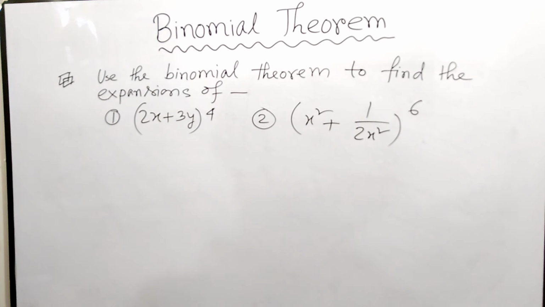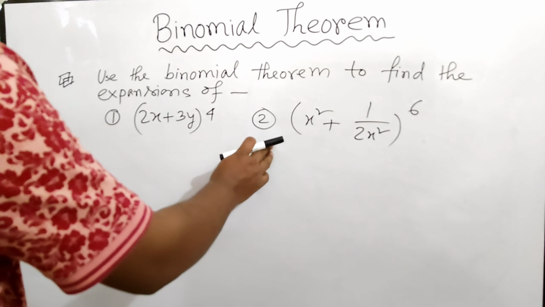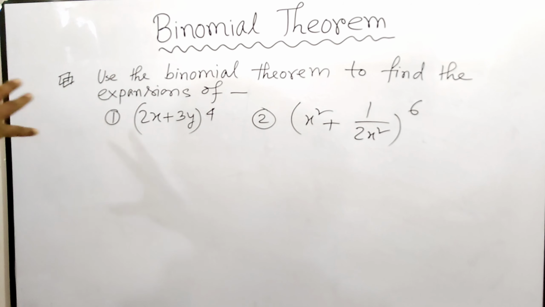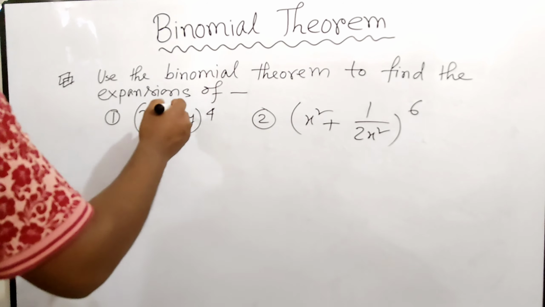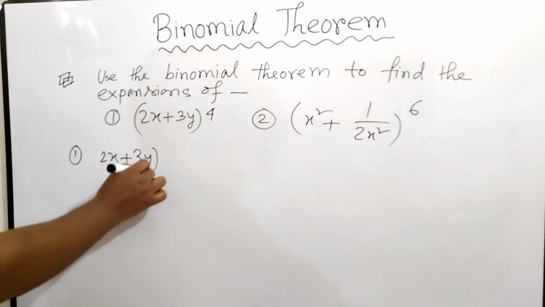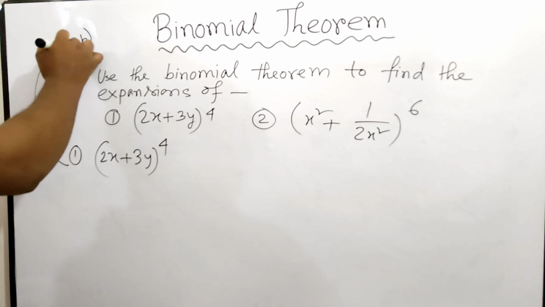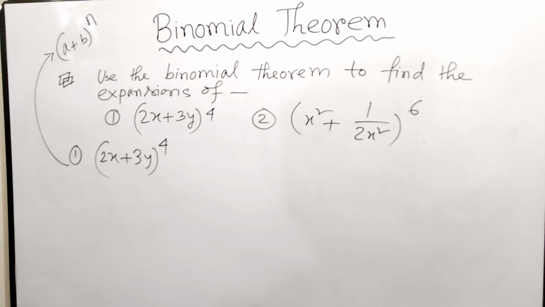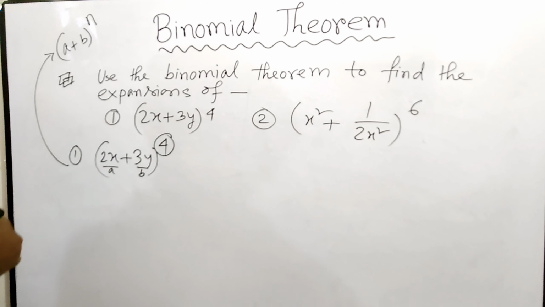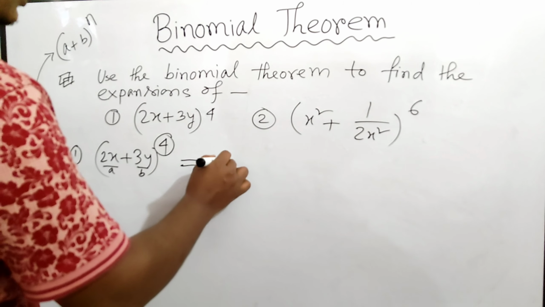Use the binomial theorem to find the expansion of number 1, 2x plus 3y to the power 4, number 2, x square plus 1 by 2x to the power 6. So here you just need to use the main formula of the binomial theorem. First, for number 1, that is 2x plus 3y to the power 4. If you look at the formula, a plus b to the power n is the general formula. Comparing with this, here it should be a, it should be b, and that should be n. Okay, so now if we expand with the binomial theorem, then it should be 2x to the power n,